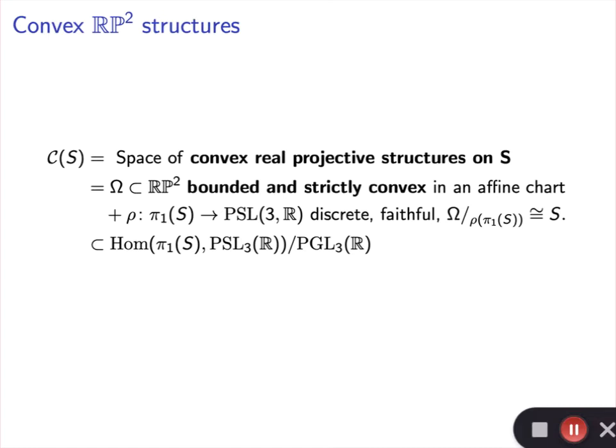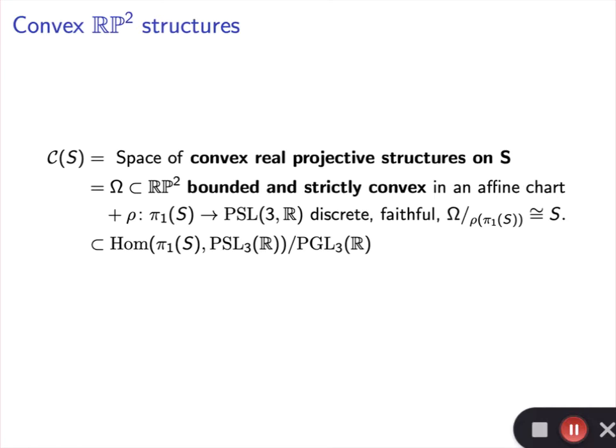So I want to focus, for the first half of the talk, on the space of convex RP2 structures. The space of convex RP2 structures is essentially a generalization of Teichmüller space, and we're going to see why. A convex RP2 structure is a bounded strictly convex set contained in an affine chart in RP2, together with an action of pi1 of S via projective isometries, so that the quotient of omega by the image of pi1 of S